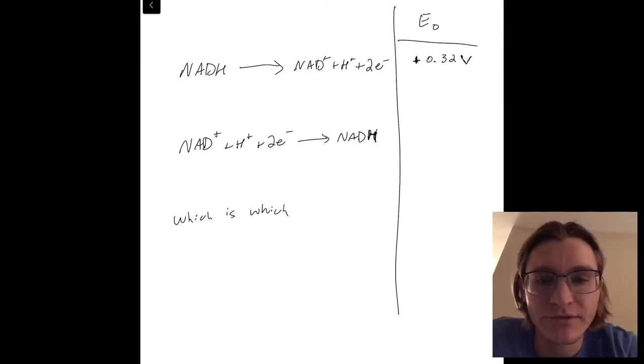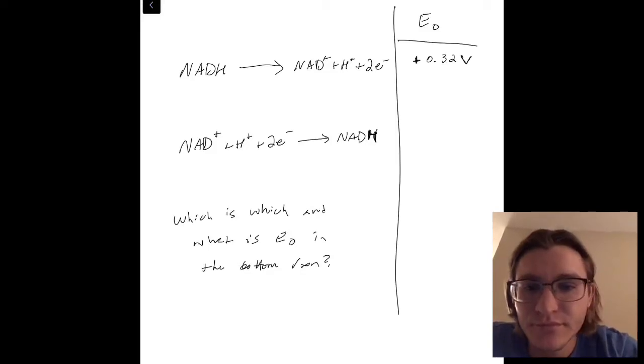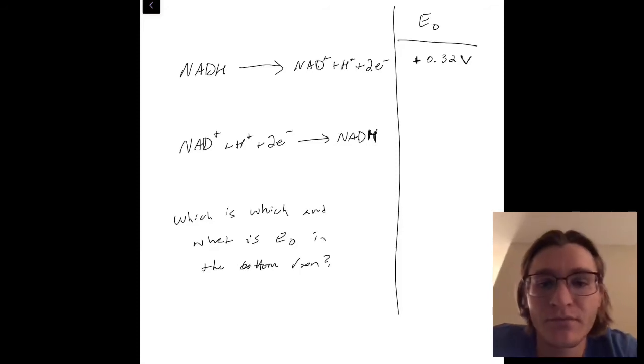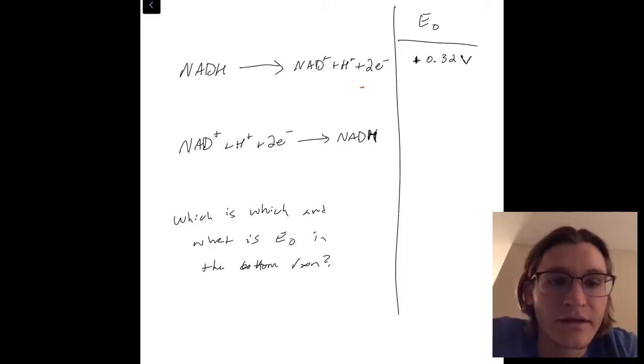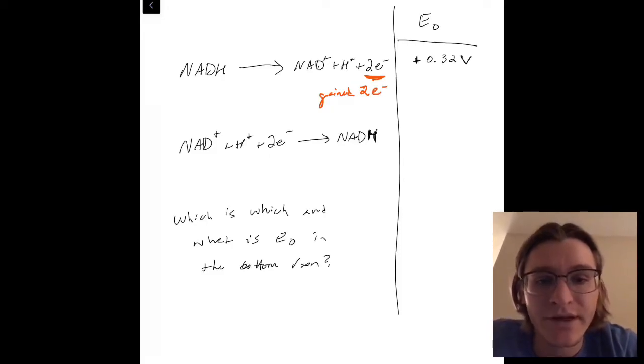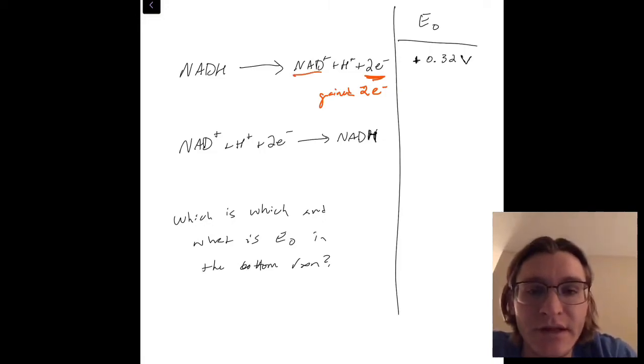Just remember it's in volts, which is a way we could calculate the amount of energy or electrons, pretty much. So which is which, and what is the E0 in the bottom reaction? So let's figure out which one's an oxidizing agent and which one's a reducing agent first. The positive E0 already gives us a cue. Since I said positive E0 shows a good oxidizing agent, that might be an oxidizing agent. We just gained 2 electrons, so that means NADH